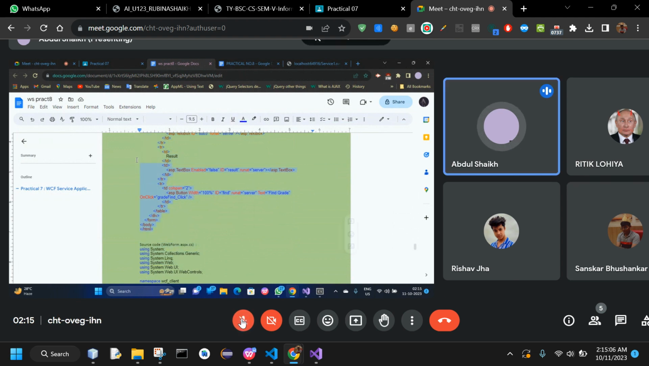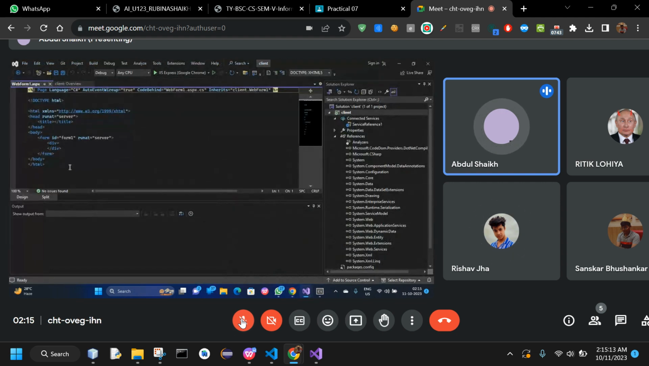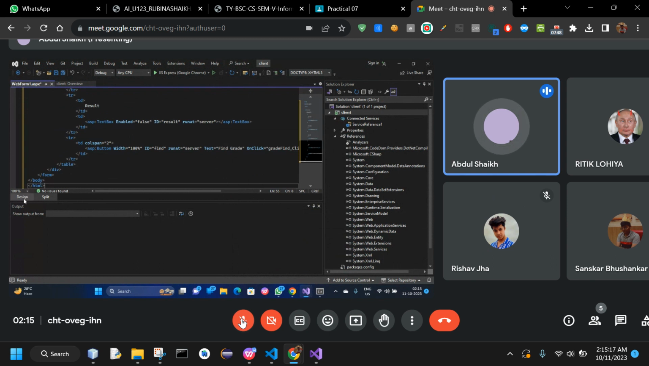Okay, we'll have to copy this user interface code, which is the simple.aspx file. Okay, we'll go here and then we'll just paste it as it is. You can see in the design view, like here,